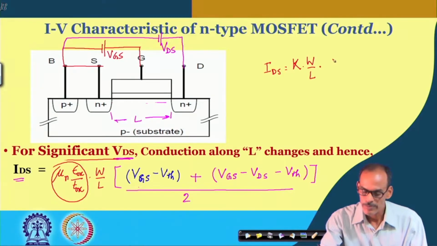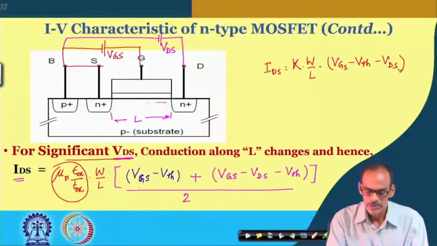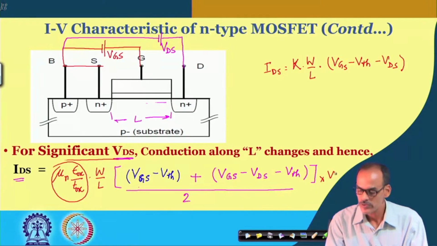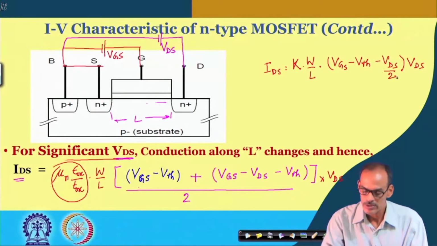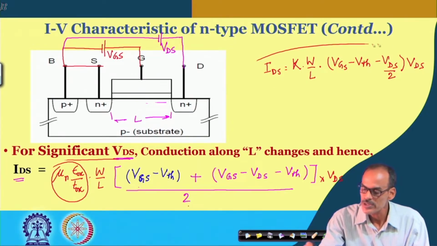So, we do have VGS minus VTH minus VDS over 2, and this is what is contributing to the conductivity, and then also we do have the VDS appearing as it is providing the lateral field. So, we are applying VDS also, so we can multiply this by VDS. So, we may say that now the new equation is like this,